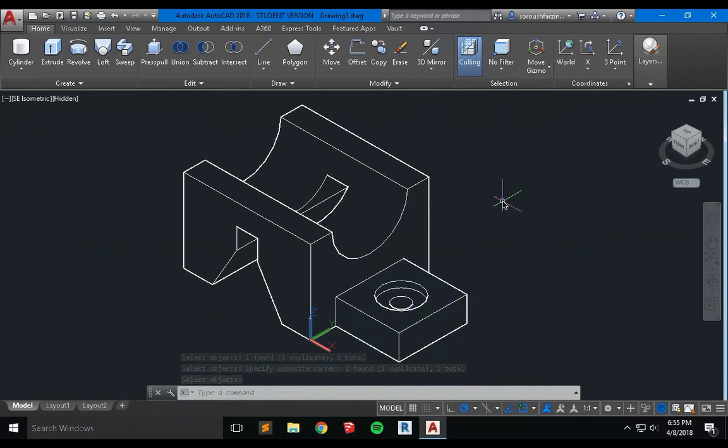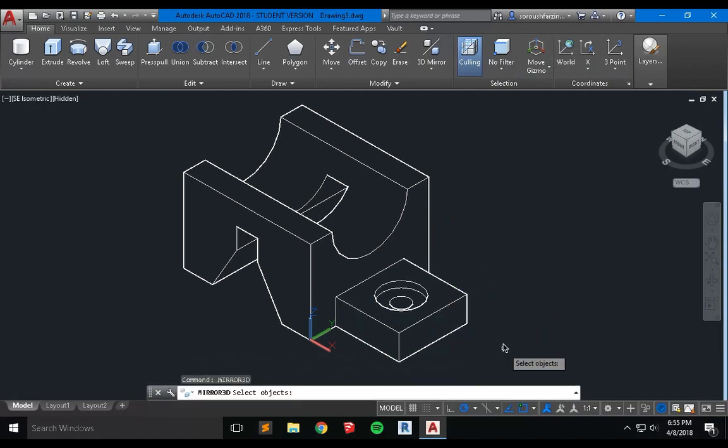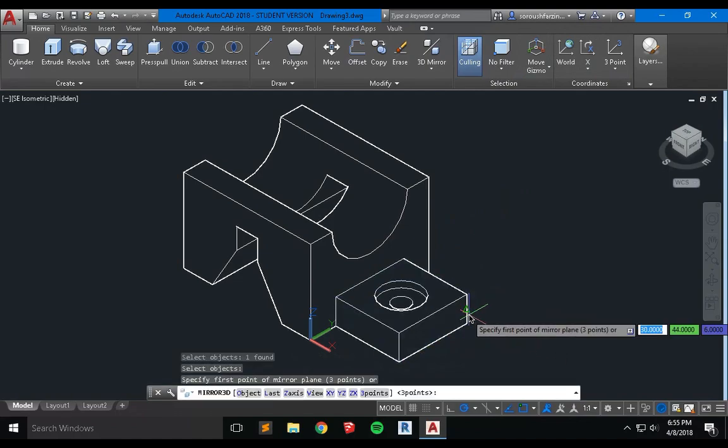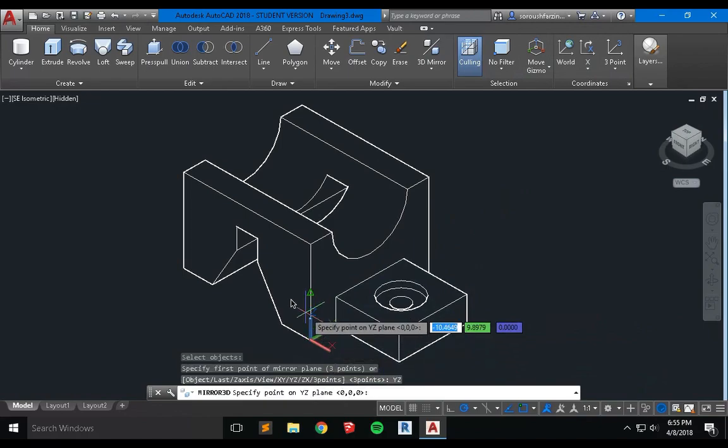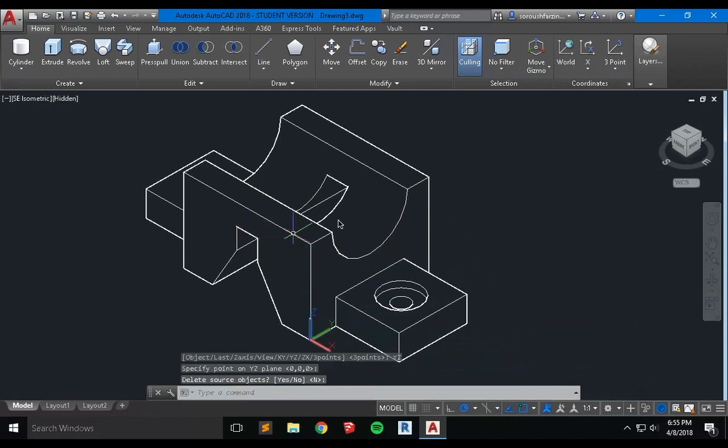Now what I'm going to do is use the 3D mirror again. So I'm going to use the mirror and 3D, selecting this object. This time I want to use the ZY plane, and the base point I want to put here. I'm going to keep both objects, and that basically mirrors it from this surface, but this surface is going to be placed right there in the middle of the object,